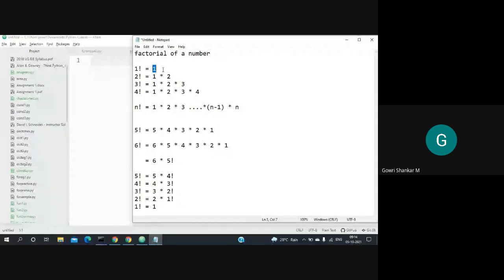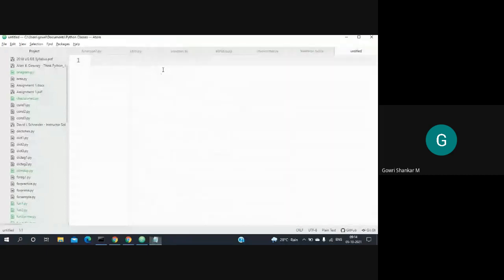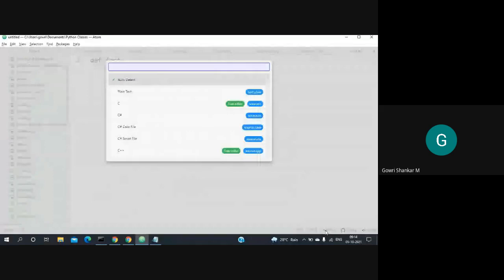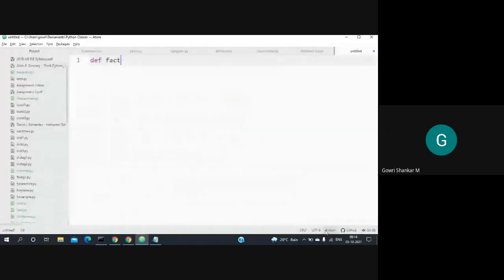Now, try to write a function. Okay, so I will define the function. You just write the skeleton itself. So define a function which is called factorial. Now here you write the parameters, and here you write the code for it. Now let us get a number from the user. Let us call that num and get it from the user.